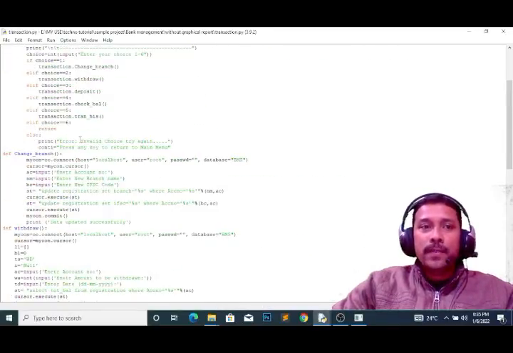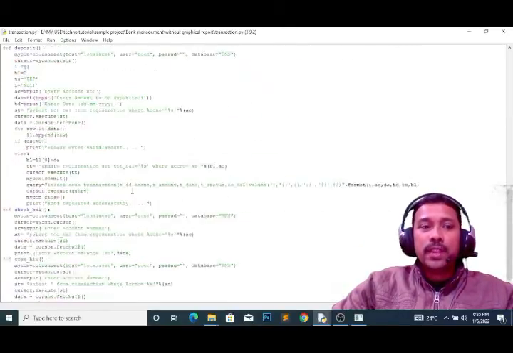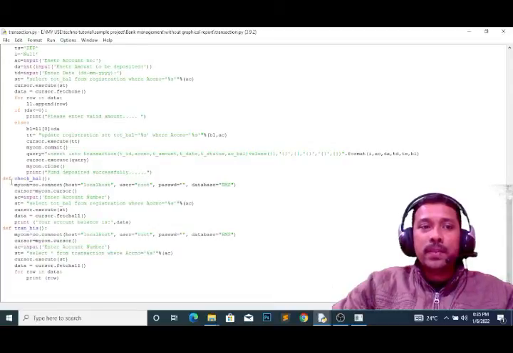Here this 4 is check balance, another function we are calling now. So we have to go to this check balance part. In the check balance part, you give the account number here, and as per the account number, it searches the total balance from the registration table: select total balance from registration where account number is this. That account number's total balance in the registration table is retrieved and displayed, right? Print your account balance; data means this executed query. Done.